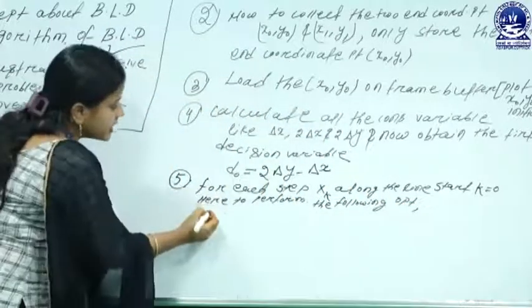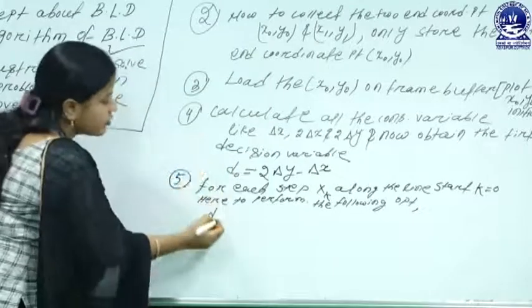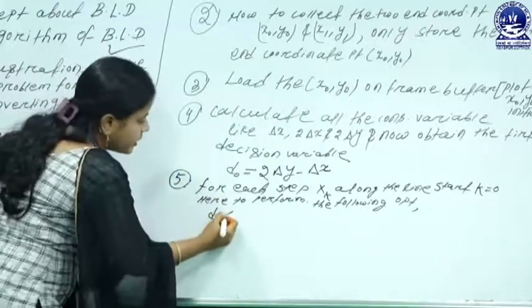Here, when the initial decision variable, that is dk,